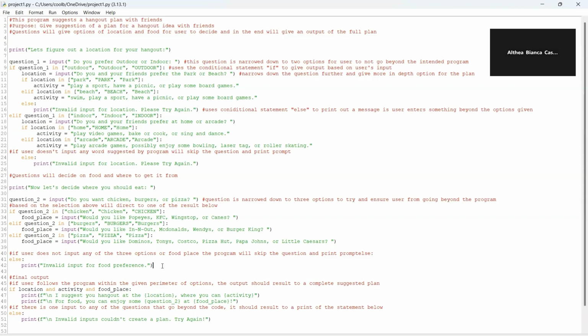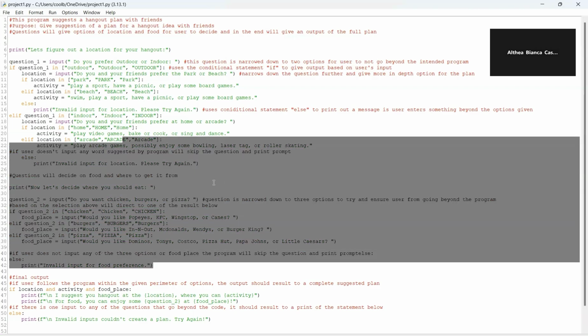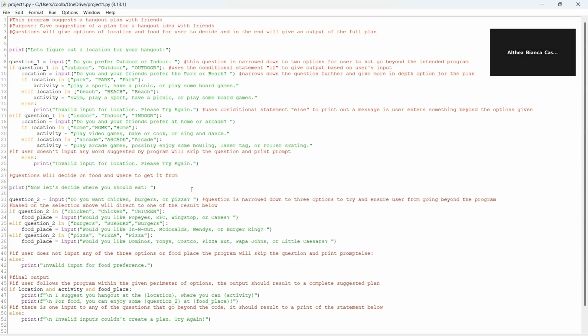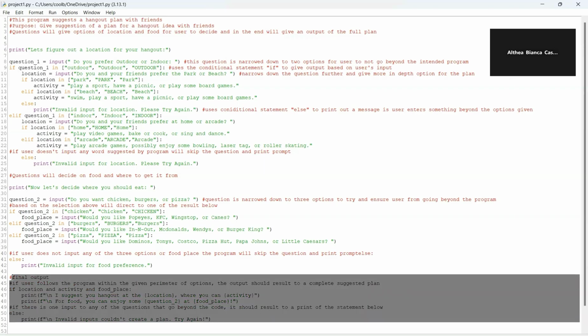And in the case that the user does follow the program within its realm and avoids getting prompted the message of an invalid input, they should be given a result to print out.